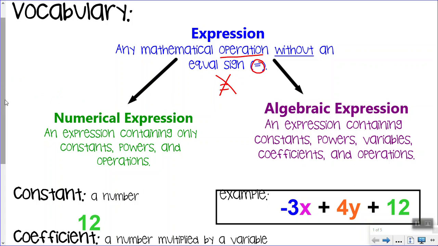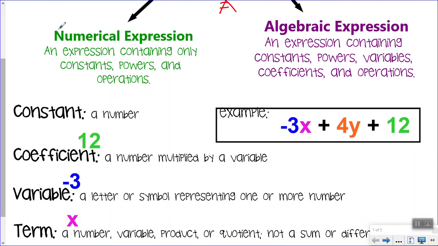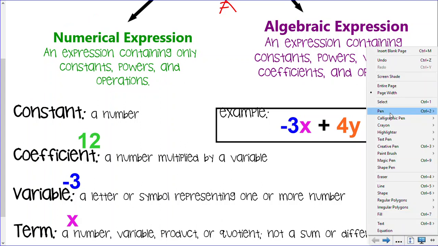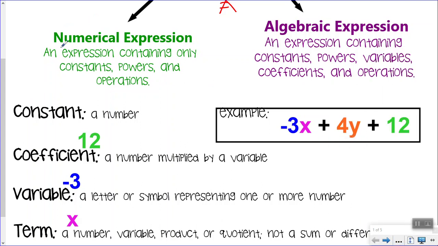We have two different types of expressions. The first would be a numerical expression. And this is an expression that only has numbers and operations in it. There are no variables in a numerical expression. So as soon as we see letters, that means that we are not dealing with a numerical expression. It could have what we call constants, which are just numbers. It could have powers. We could have operations, which would be those different ones that we have, but we can't